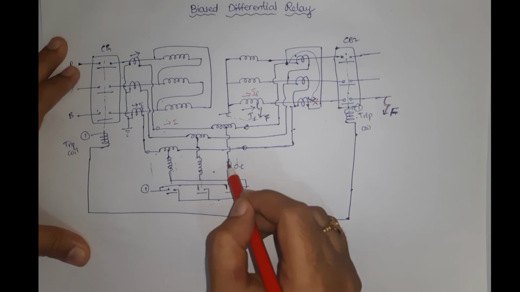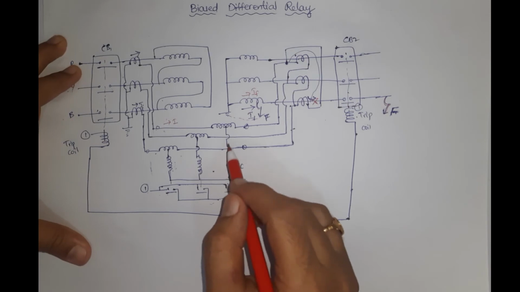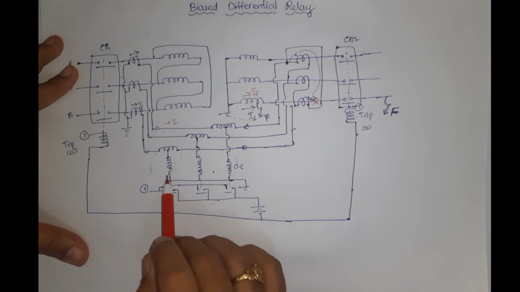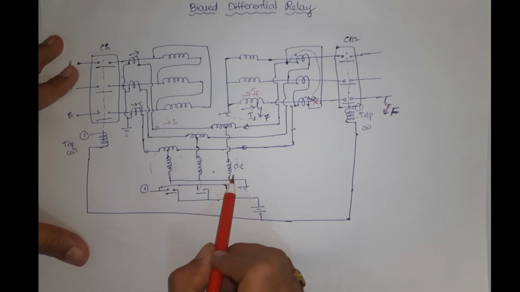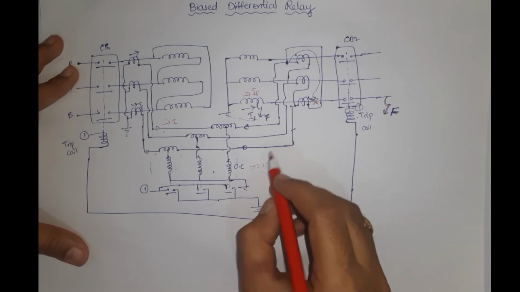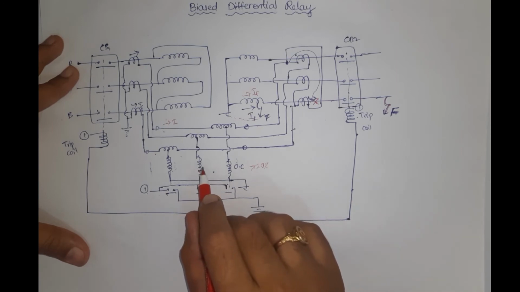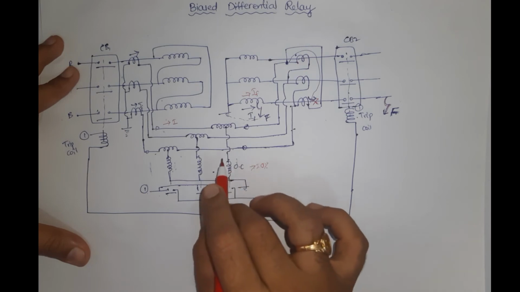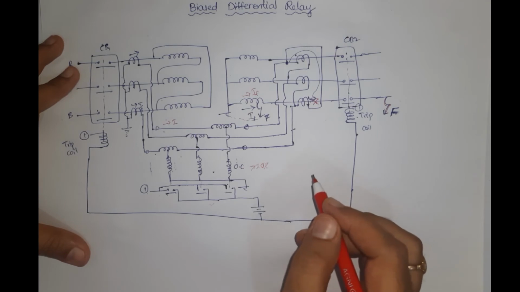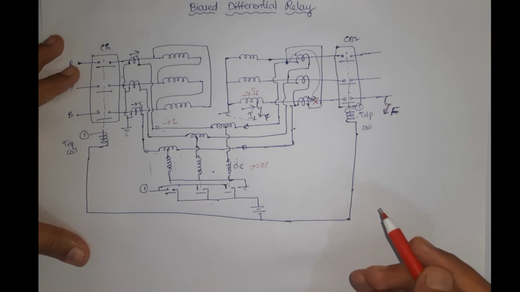So this method cannot detect the incipient faults, that means which are slow faults, which are less severe. This cannot detect. Why? Because our operating coils or our relays are designed such that for high current ratings, these are designed for more than 20% setting, so that this cannot detect the faults less than that one. So this biased or percentage differential relay is not applicable for incipient faults. So for incipient faults, we will go for Buchholz relay that we have already learned, right?